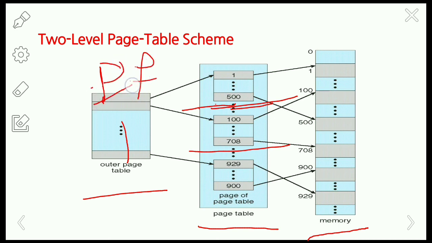So here the page number is the page table entry. Okay, and it is mapped to the main memory, and finally the outer page table is kept in the main memory. So this is about the 2-level paging scheme,